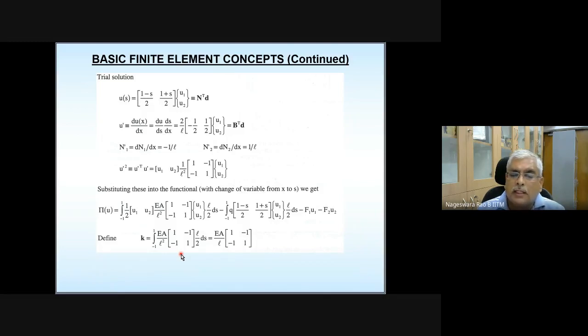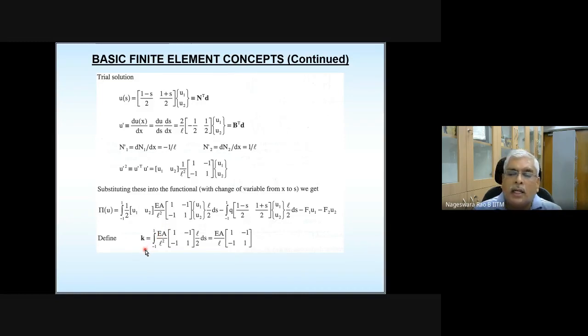You can see here the stiffness matrix. I told you once you do this integration, this is going to be the stiffness matrix, provided E and A are constant. Suppose E and A are varying as a function of x. If E and A are varying as a function of x, and that variation is complicated, then